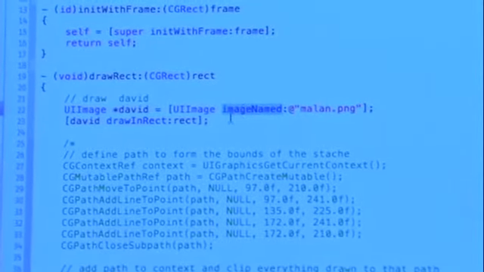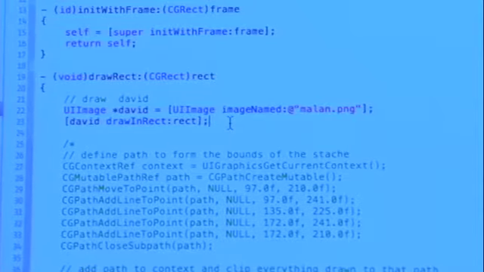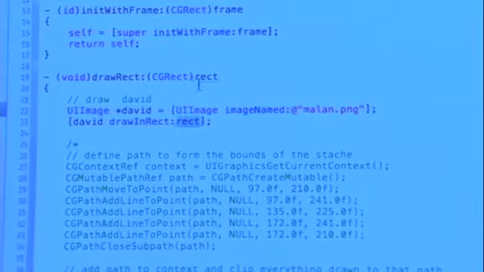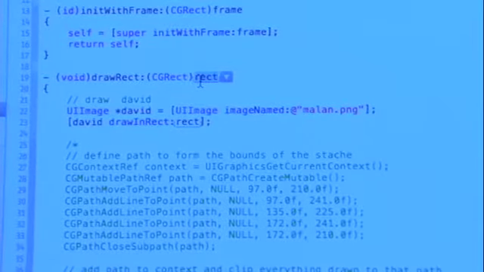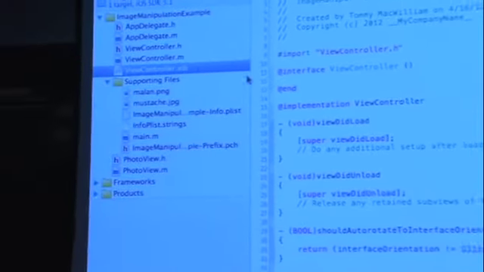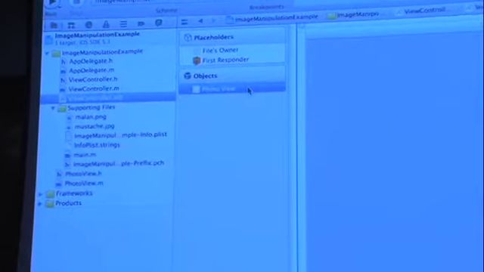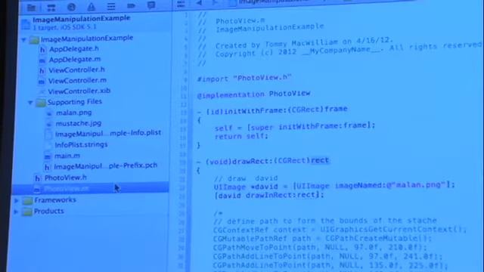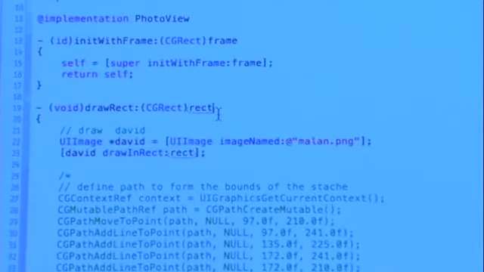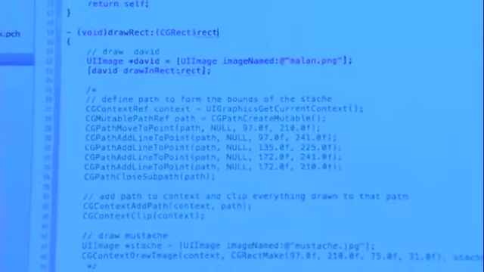So then to actually just draw that image using Objective-C, no fancy Core Graphics stuff, I can just say drawInRect, and this rect here, you notice this rect parameter was given to me by the drawRect method. And that's because, again, I'm using the same technique. I've replaced the default view with this view called photoView. And so that means that this supplied rect parameter just represents the entire screen. And so that's why when I said drawInRect, I have actually just drawn the entirety of the image to the